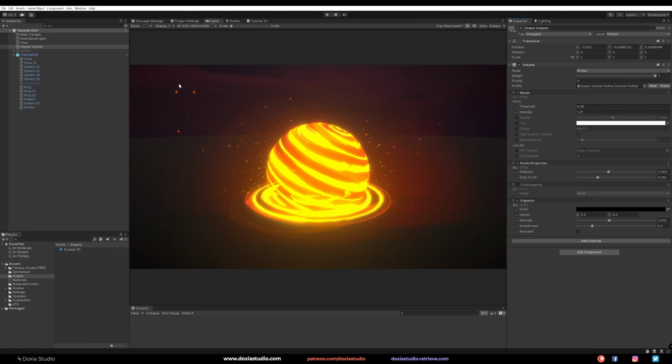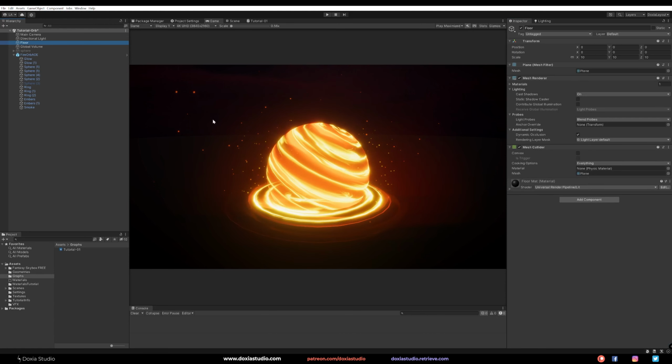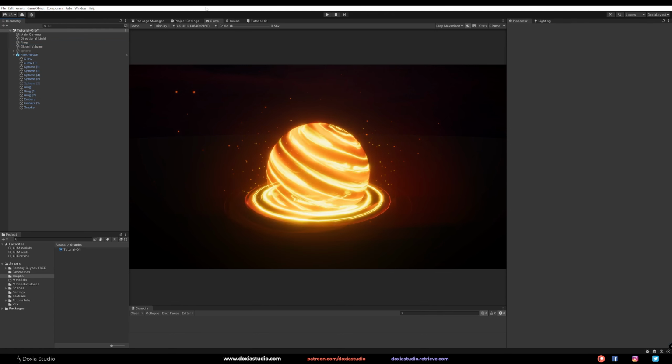If I turn this off, you can see a lot of bad colors. So this color gamut gives a better look, and a vignette just darkens the corner spots. It's simple as that. And then I have just a floor with a black material and then a skylight.